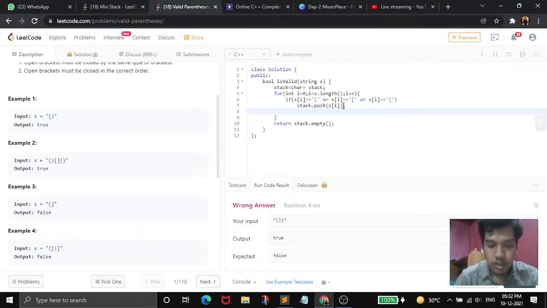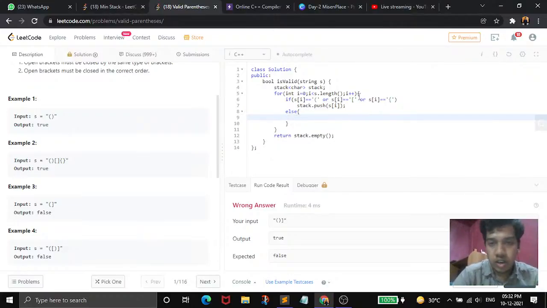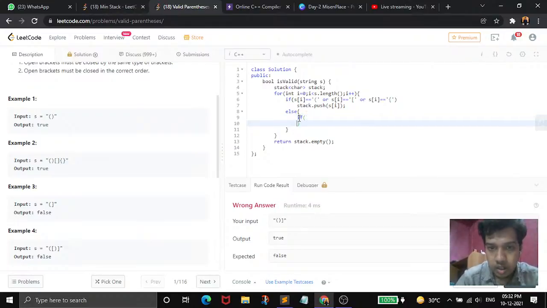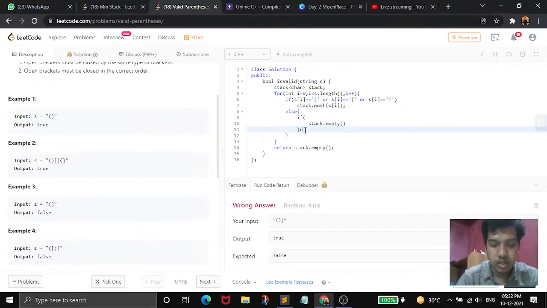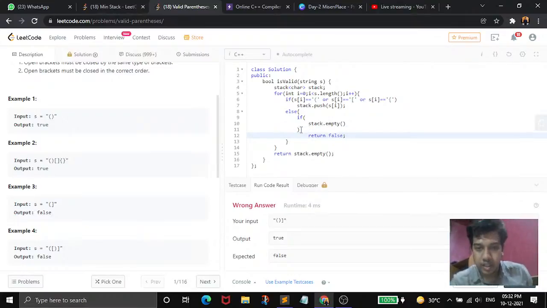Okay, now the else part. If it is not an opening bracket and it is a closing bracket, then in the else we can again give an if statement. So if the stack is empty, then we have to return false, because if it is empty there is no use.